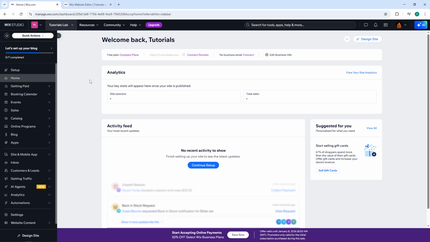Welcome back, everybody. Today, I'm going to teach you how to adjust kerning and change letter spacing on Wix. This is a fantastic way to fine-tune your website's typography and create a more polished, professional look that truly matches